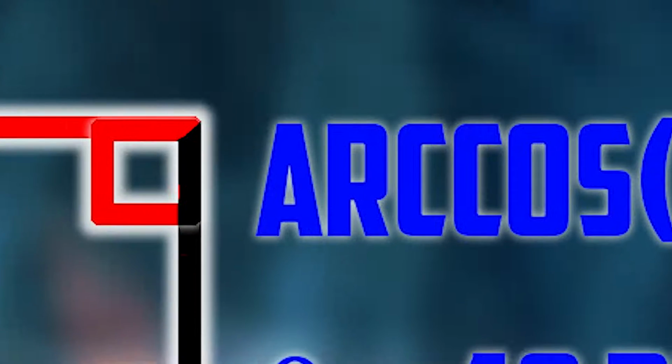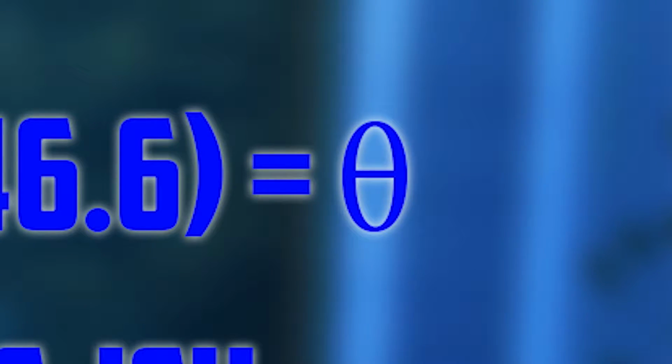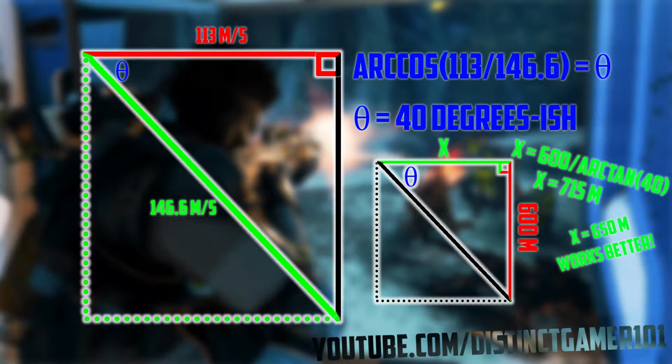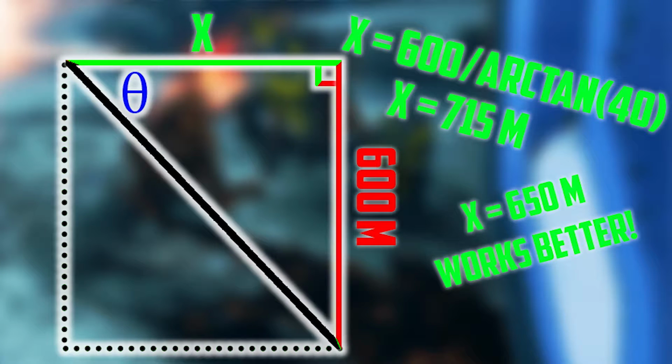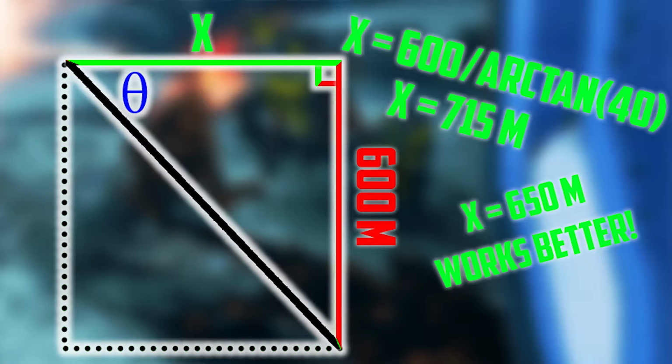Then I took the arc cosine of 113 over 146.6 to find the relative angle at which to dive, which came out to be roughly 40 degrees. This angle turned out to be off because the physics engine of this game isn't exactly accurate to pen and paper. But to test this anyways and get the correct angle, I took the height at which the dropship is at, 600 meters, and I divided that by tan of 40 degrees to find the horizontal distance in